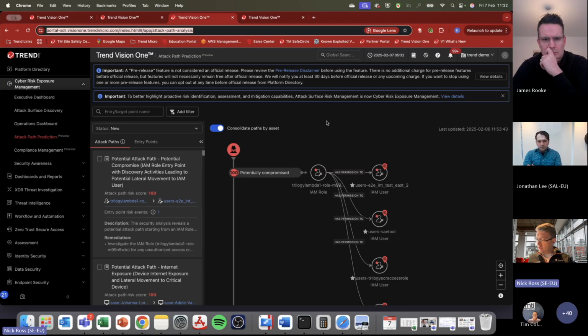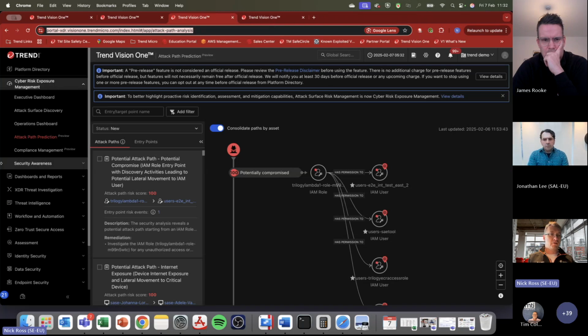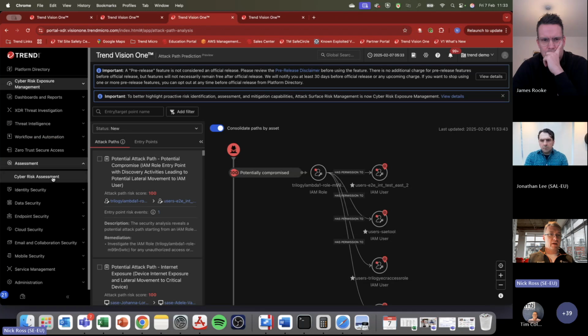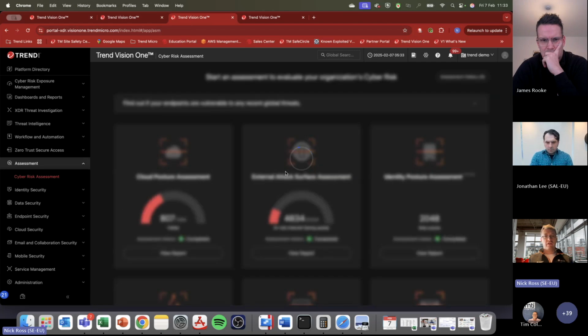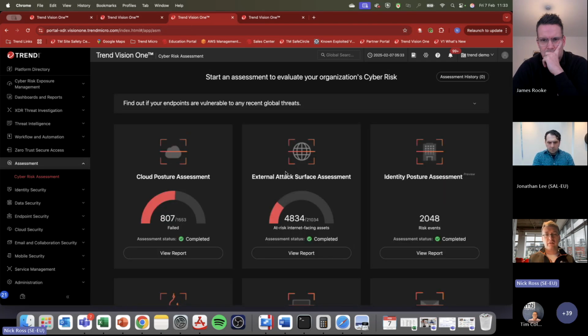One thing that we do very well here as well is use our capabilities within the platform to provide what we call risk assessments. So cyber risk assessments allow us to effectively look across the entire estate. It could be, as I mentioned earlier on, the cloud posture, so the Microsoft Azure tenants that are being used within your organization. It could be that we're also using AWS or Google Cloud Platform as well.